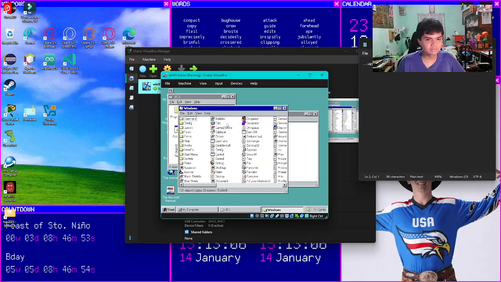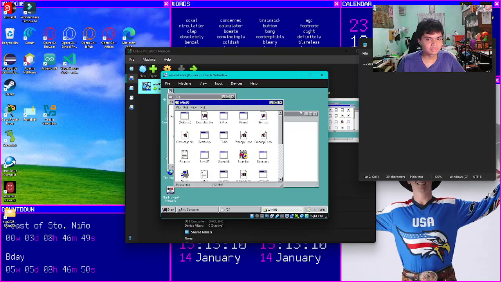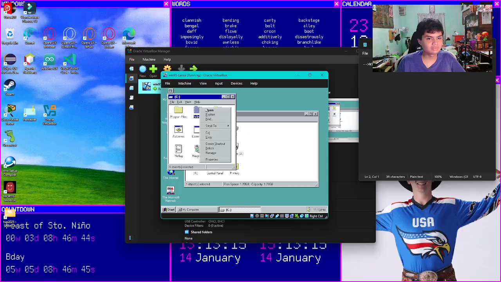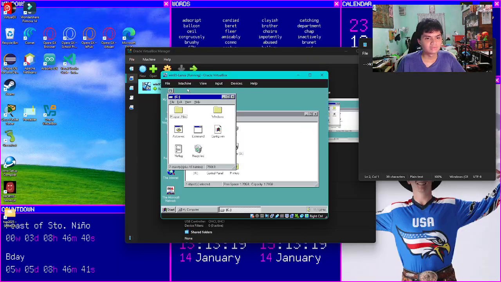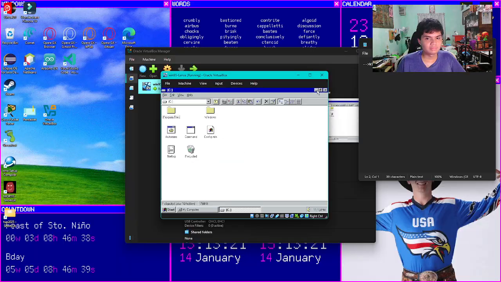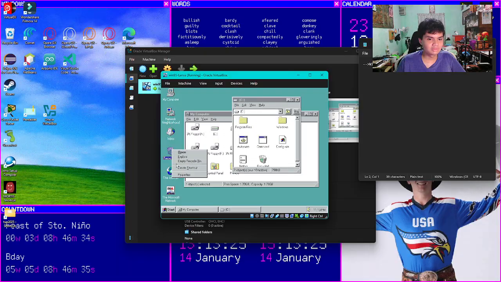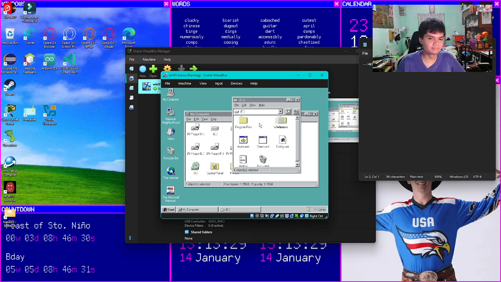Yeah, we can now delete the setup files that we copied, so it saves space. Go to the recycle bin, then we can just empty the bin, and we're done.